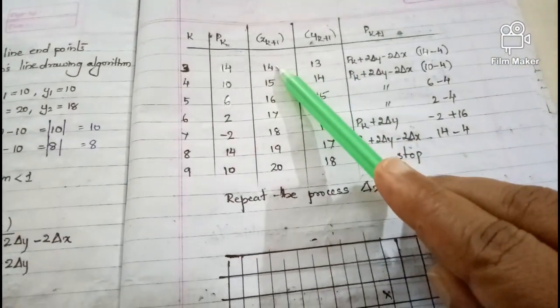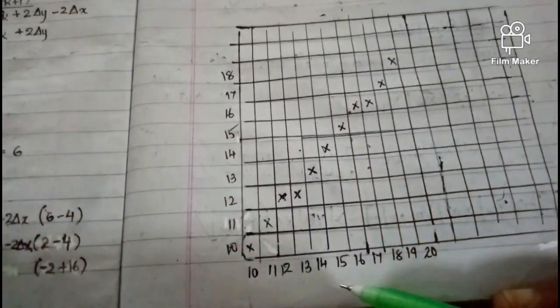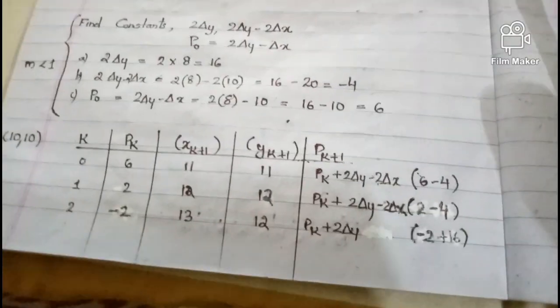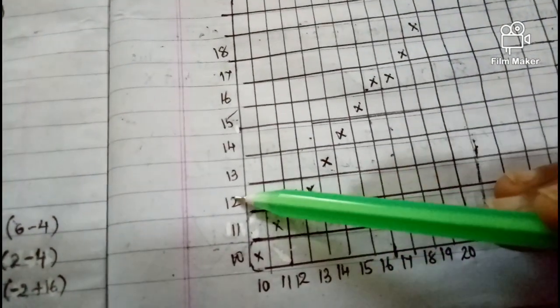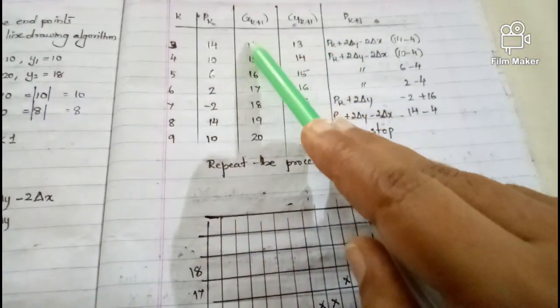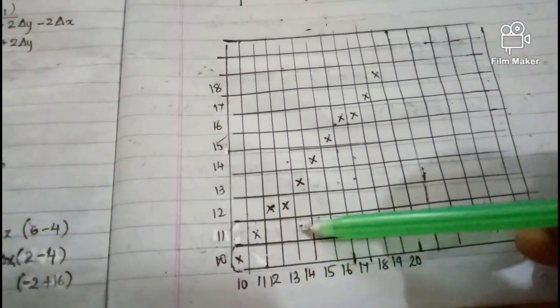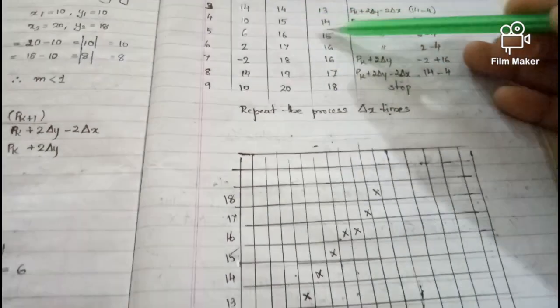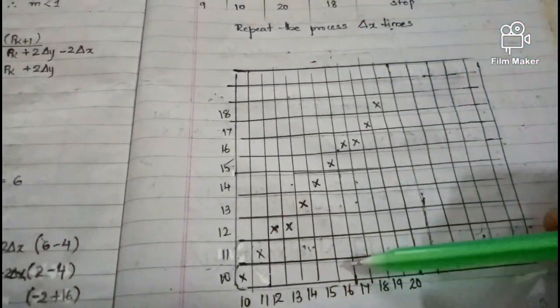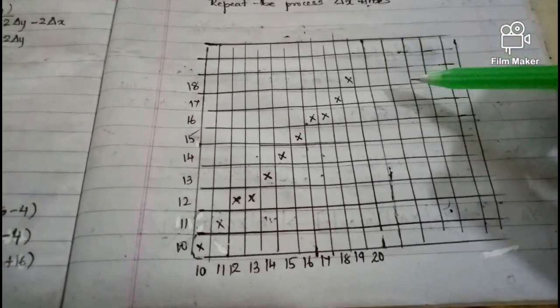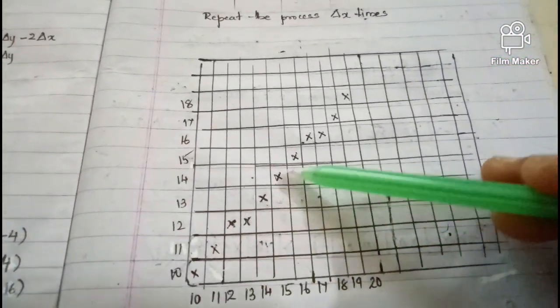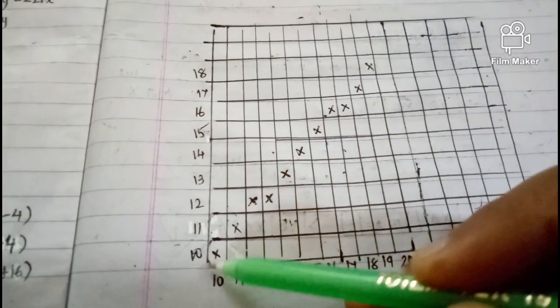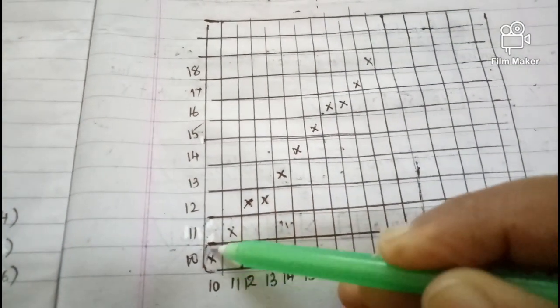Then one more pixel is there, 13 12. So 13 12 marked. Then comes 14 13. So 14 13 marked in this way. Each of these x y pixel positions needs to be plotted on the graph. Once all points are identified on the graph, you can start shading them.